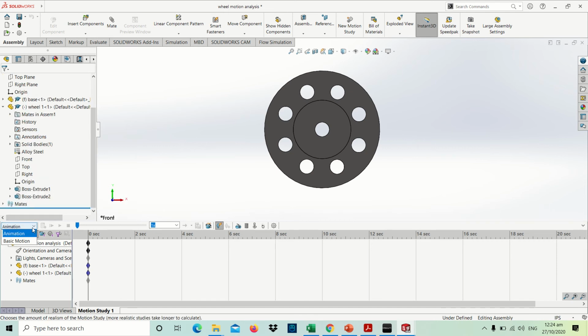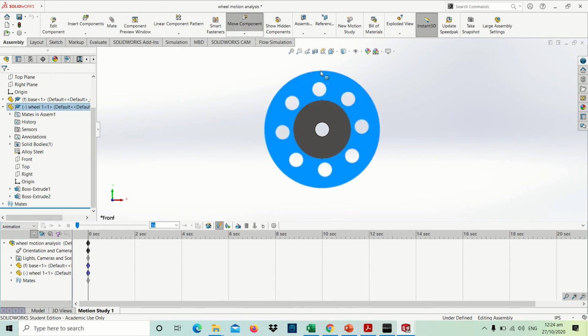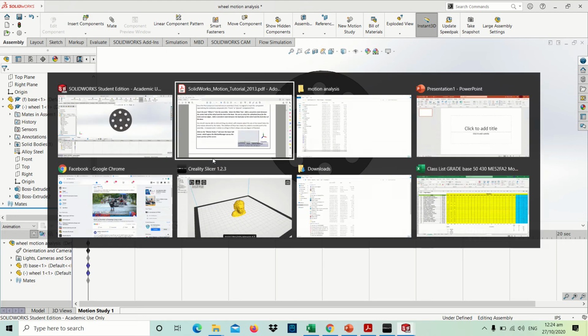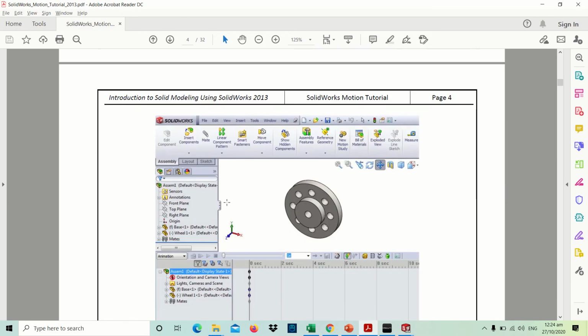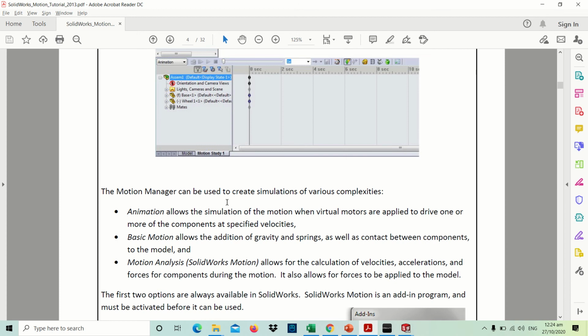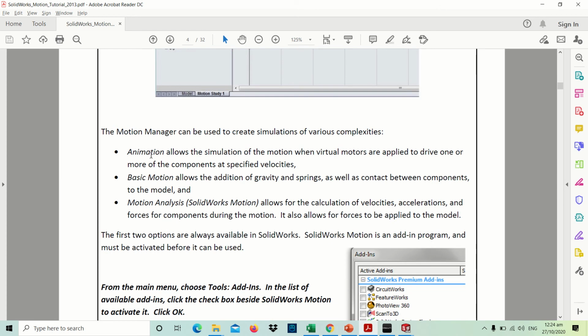Okay. So notice that we have two types of study already available, animation and the basic motion. Animation is just you will be able to rotate it, only the motor is open, while the basic motion will include springs and other such as gravity. Once we have this one, we'll be able to see animation, the basic motion, and of course the motion analysis, which we want to be open because it will allow calculation of velocities, acceleration, and forces for components